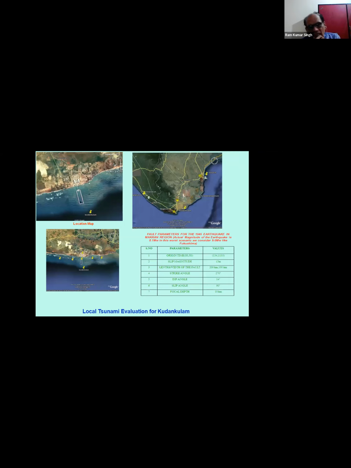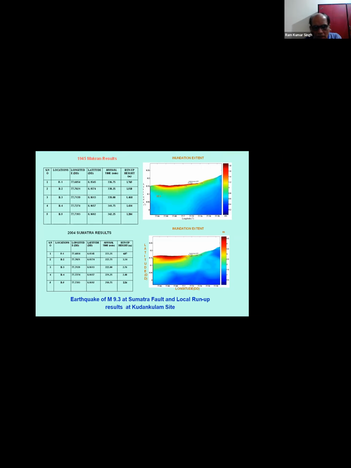So this was analyzed first for the 9.3 magnitude earthquake for the Java Sumatra source, and later on some work was also done for the hypothetical earthquake of 9 magnitude, because that time 9+ magnitude earthquake was in focus. So some questions were asked, suppose say Makran also gives an earthquake of 9 magnitude, then what will happen? So we did this work and we made some comparison of the run-up, and we could get the satisfactory result,